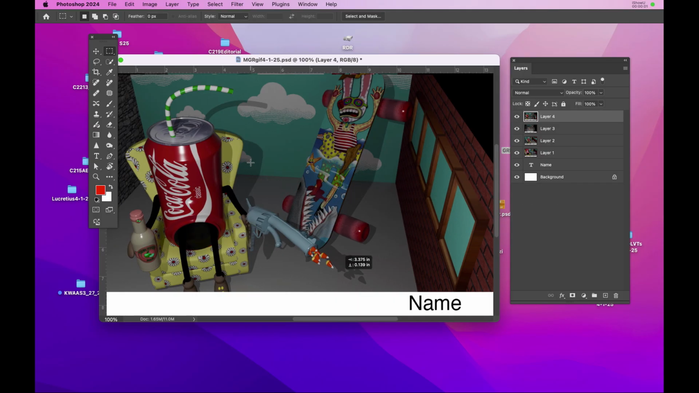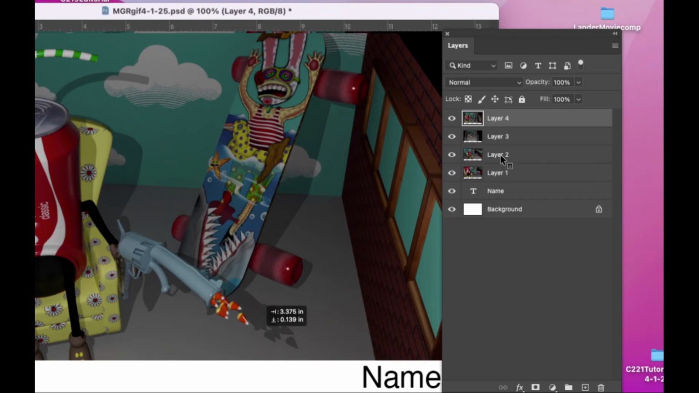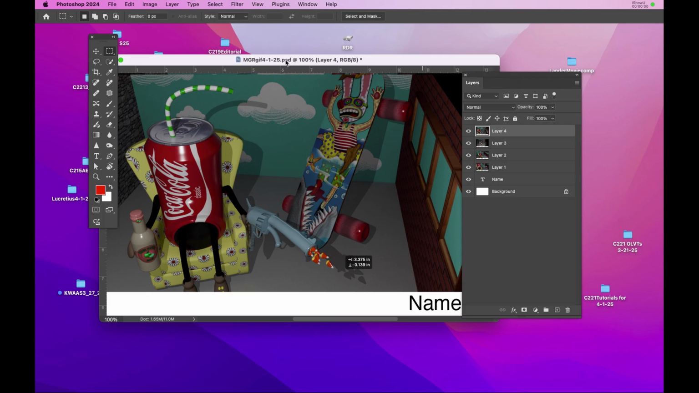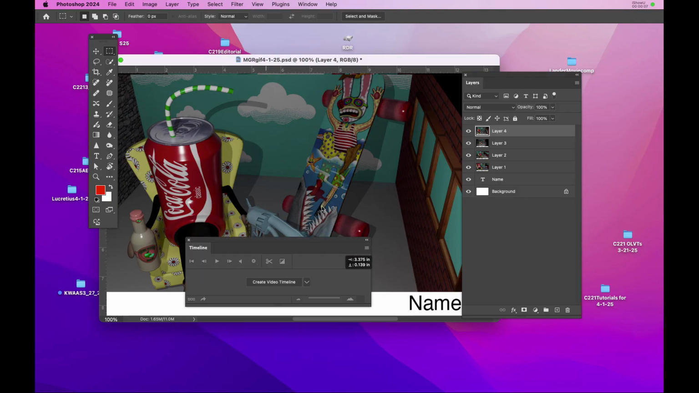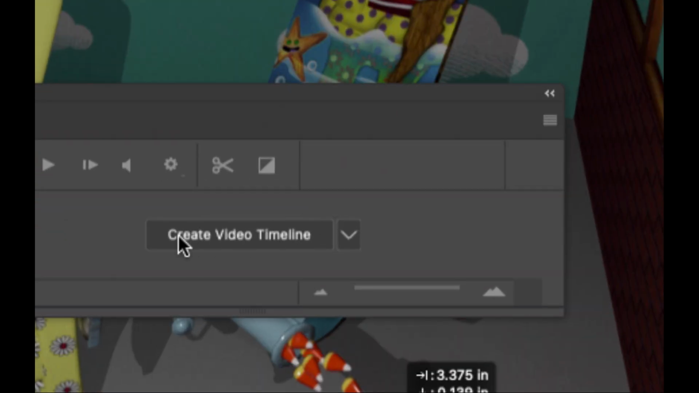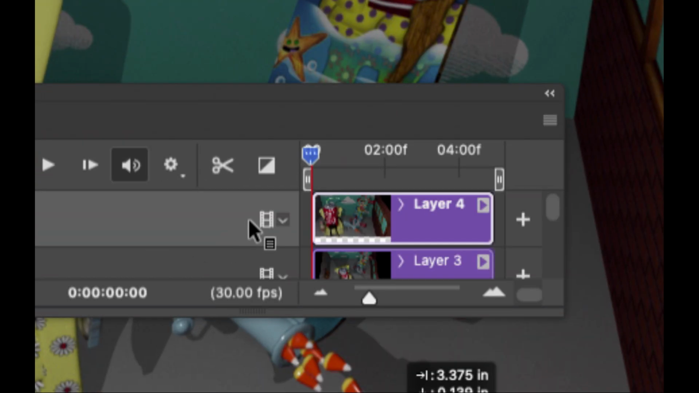In this video, I'm going to create an MP4 slideshow using the 4 images that appear in the layer window. I'll start by going up to Window at the top of the user interface, and I'm going to choose Timeline. And when the timeline first appears, we need to click on where it says Create Video Timeline to activate the